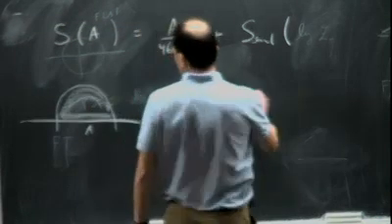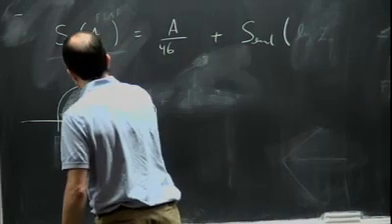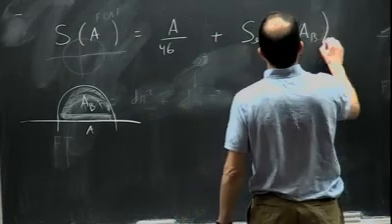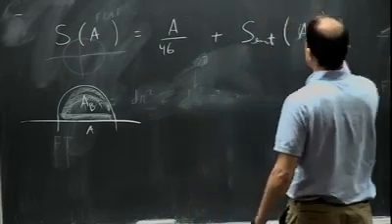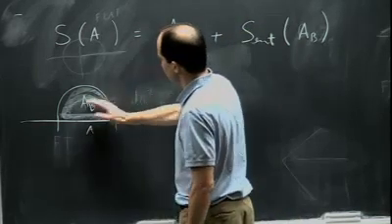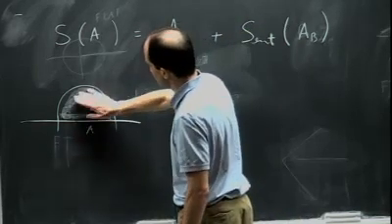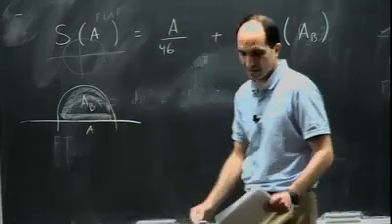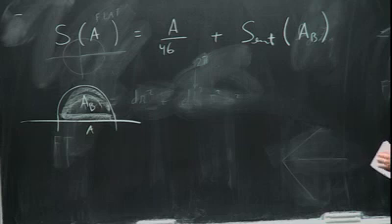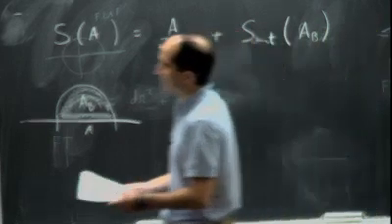So let me call that A bulk. It's the bulk region connected to A. So it's the entanglement entropy in the bulk of this. We consider the fields in the bulk. Now we have quantum fields in the bulk, and there is some entanglement of these quantum fields between this region and the rest. Okay. And so now, if there is a non-trivial